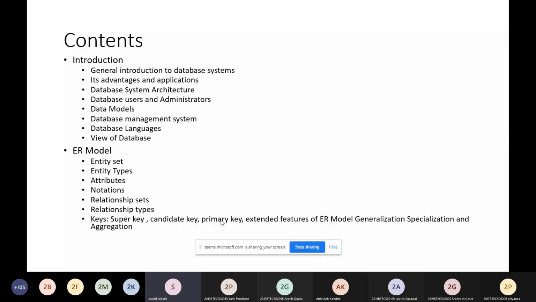Then the advantages and applications, database system architectures, users and administrators, models, DBMS, the database management system, then languages, view of DB, then the ER model, entity set, types, attributes, notation, what is a relationship, what are the types of relationship, and what are the keys, key constraints. These are all about the flow of our first module.